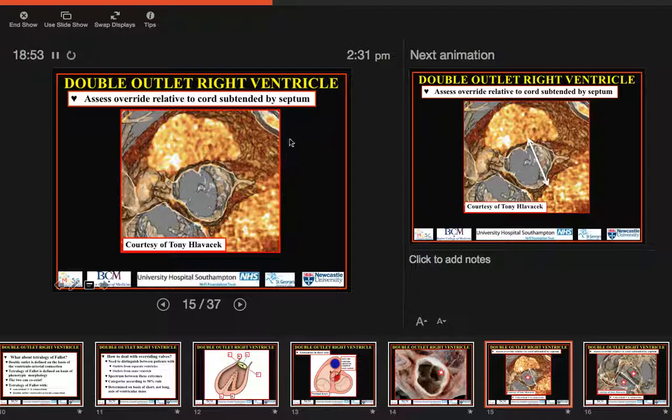So here now you're looking down on the outflow tracts, and you'll recognize, I hope, the aorta, and you'll see that the infundibulum is at right angles to the aorta as it spirals round to reach the ventricular outflow tract. And this is from a patient who has a ventricular septal defect. But what Tony is showing you is the plane of the ventricular septum versus the circumference of the aortic root. And so